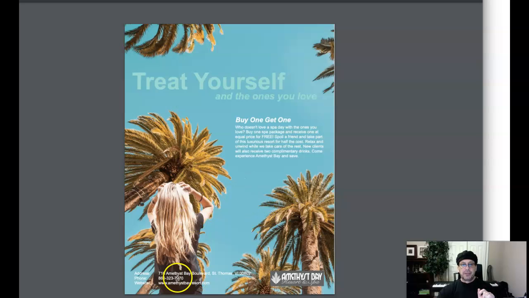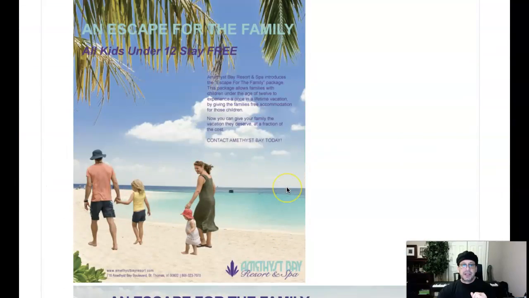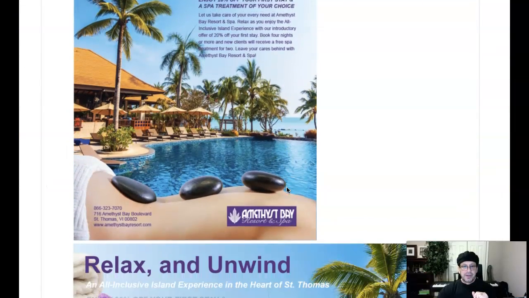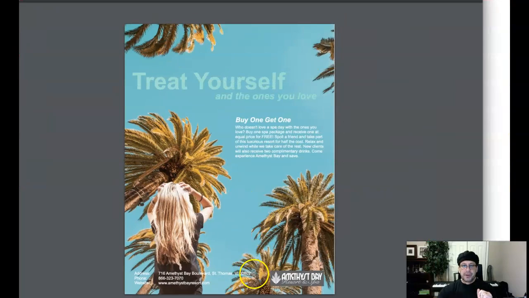Now, one thing you might consider right here is this type here is encroaching. I think the logo is too small. I think it should be a little bit bigger. Watch my cursor or something like this. That's going to add a problem with this type configuration right here, encroaching on the logo. One thing I would like you to do is take a look at this address right here. See how that's stacked instead of stretched horizontally, stacked vertically? Try that. That'll open up a little area to increase the size of the logo.